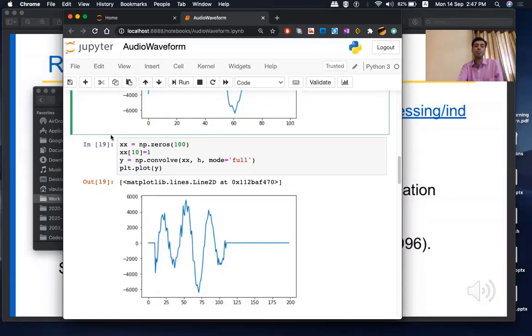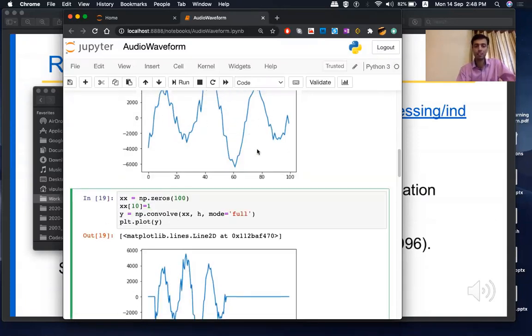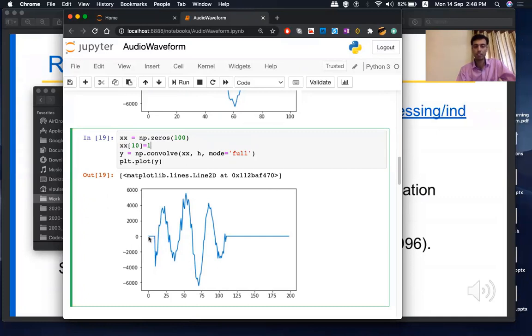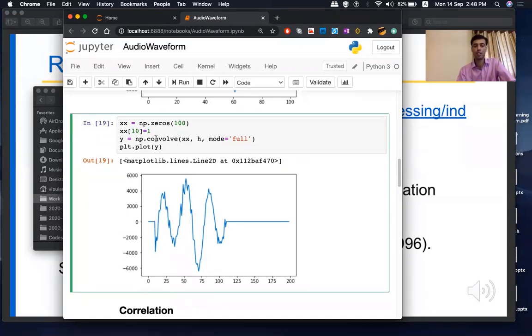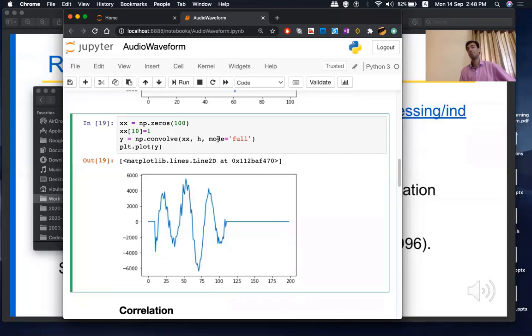Now I took another x. This is a numpy.zeros array, and at n equal to 10, I am introducing an impulse. So what will happen if I do the convolution? This same h pattern will be shifted by 10 samples, because I'm just introducing a delay, and that's what is happening here. So this is the concept of convolution. And how do I convolve? I use numpy.convolve of x, which is basically an impulse at n equal to 10, and h, which is my impulse response. The mode which I use is full. Generally for convolution, I use full mode because I want to preserve my